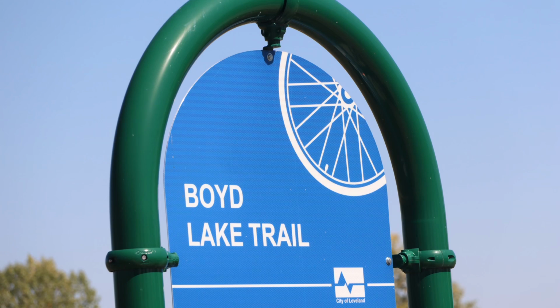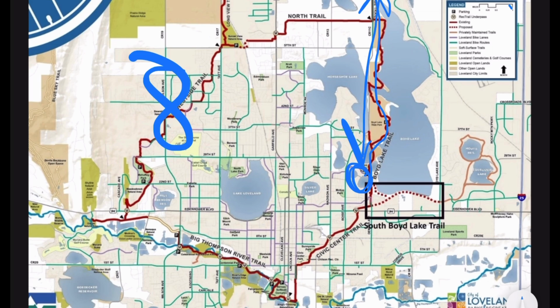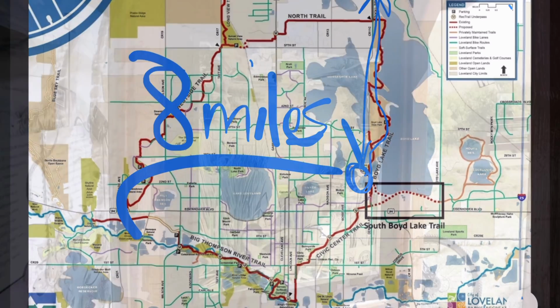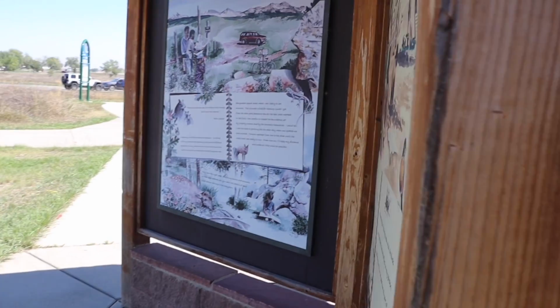We are at Boyd Lake State Park. It's $10 to get in, $4 if you're just biking in each. Today we're just taking part of the loop. We're going to go up to the end of the lake and back about 8 miles and see what we can find. The park has at least 200 species of birds that have been found in the past,